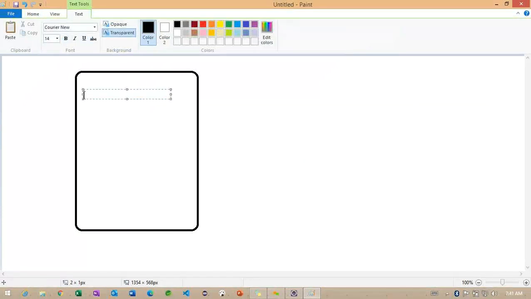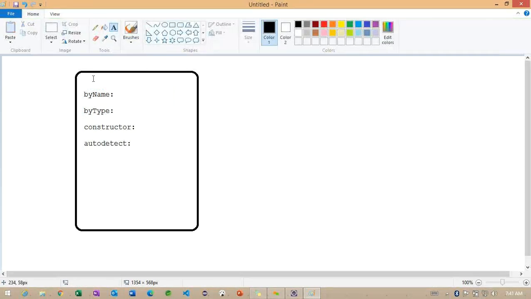The first one is byName, the second one is byType, the third one is constructor, and the fourth one, which we are not going to work with, is autodetect. So these are the autowiring concepts.